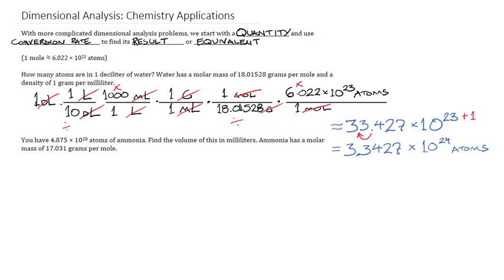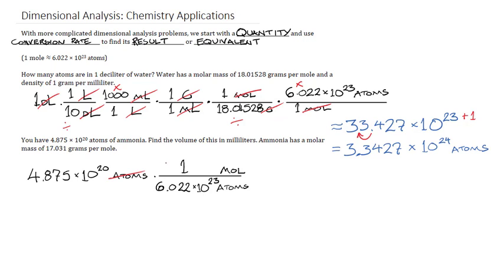We can go the other way, looking at another substance, in this case ammonia, and here I will have 4.875 times 10 to the 20th power atoms. As you can undoubtedly tell, the scientific notation part can often be the most onerous part of these problems. To get around that, let's take care of the scientific notation part first, because everything after that will be relatively nice as these things go. So I am going to replace atoms with moles again. And again, to that end, we will use Avogadro's number. Again, the atoms divide out.